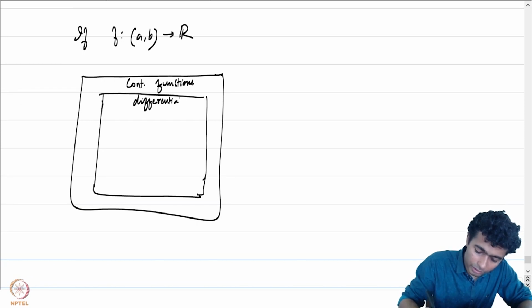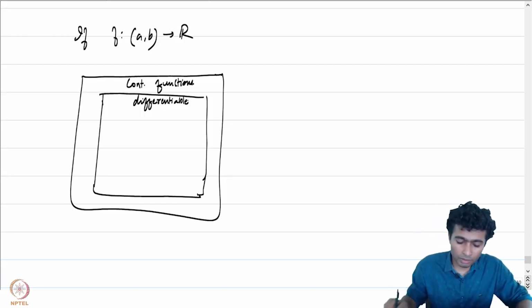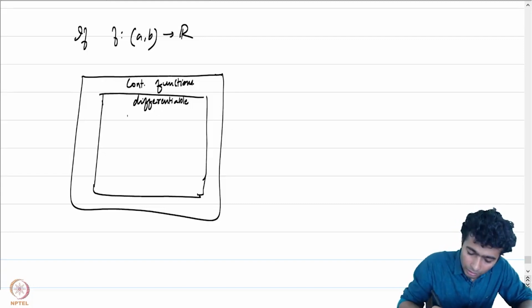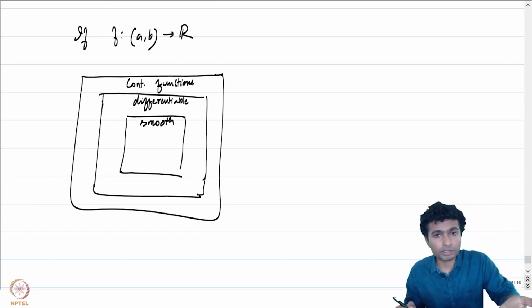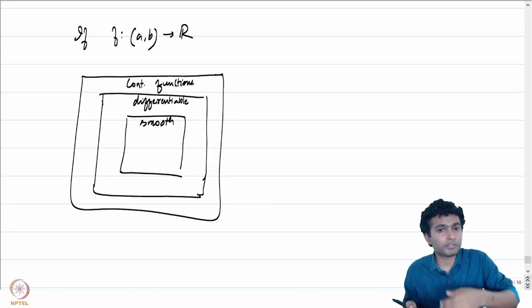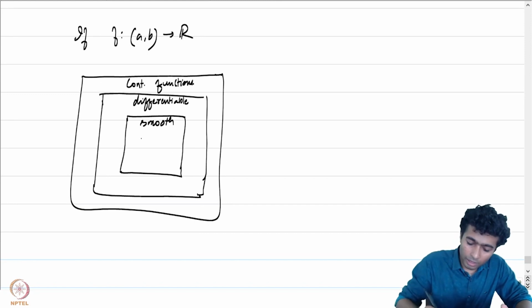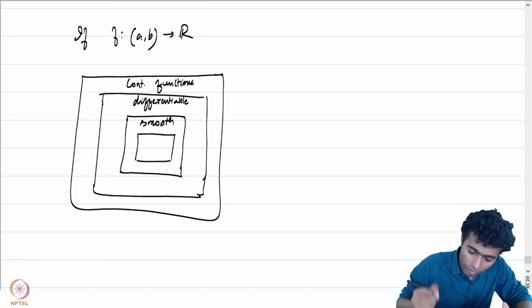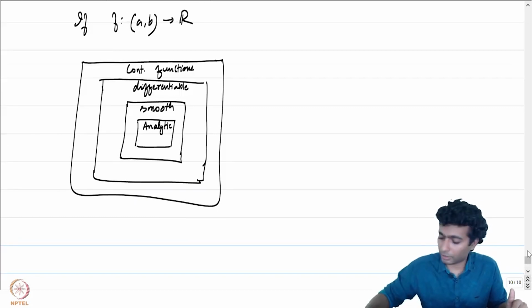We can actually ensure that for every k there is a function which is k times differentiable and not further. So I'll not write all of them down. Then we have a collection of smooth functions. There are smooth functions, there are differentiable functions, there are k times differentiable functions which are not k plus 1 times differentiable. There are differentiable functions which are not smooth. A smooth function is certainly differentiable, so this is a sub collection, and we further have a sub collection of analytic functions. There are smooth functions which are not analytic. For example, e to the power minus 1 by x.